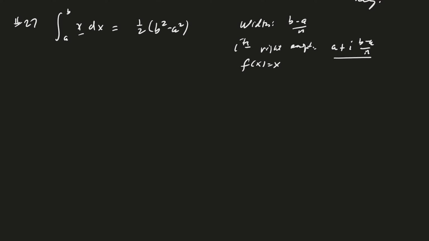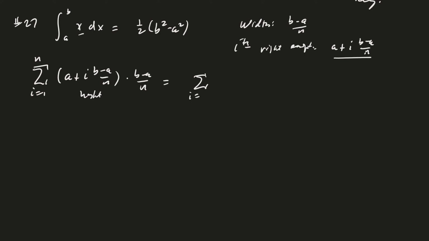Actually, before we take the limit, let's just go ahead and write down what the Riemann sum is and see if we can simplify that before we do anything else. So we're summing our rectangles together, a plus i times b minus a over n. So that's the height, again, height, and then the width is b minus a over n. Okay, and now if we simplify this algebraically, I'll have the sum. Maybe I'll get rid of that so I can write straight across. So that's going to be a times b minus a over n. And notice that this term right here doesn't have an i in it. Right, and then we'll have plus